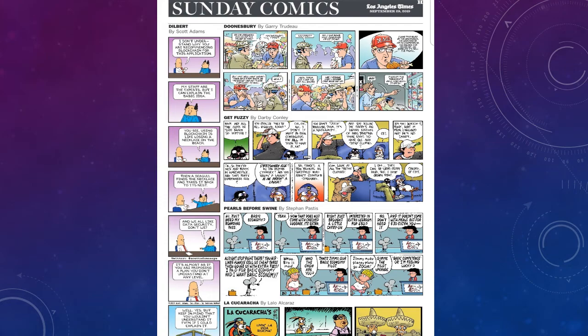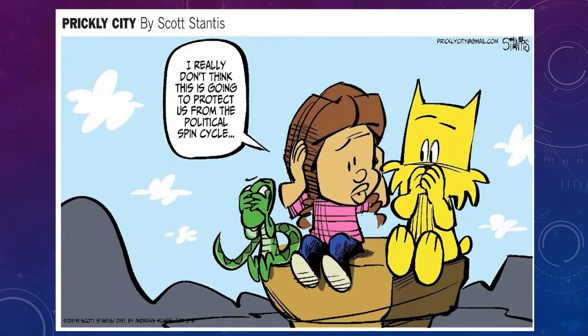Next, please. I took out some samples for you to see, which I wanted to describe, the reason I brought them out. This is one panel from one of the comics. So what it shows is the young lady is saying, I really don't think this is going to protect us from the political spin cycle. What is a political spin cycle? Well, in America, that's a colloquial expression which refers to this politician says this, this politician says this, and there's this constant